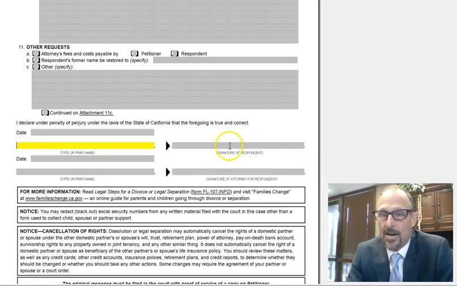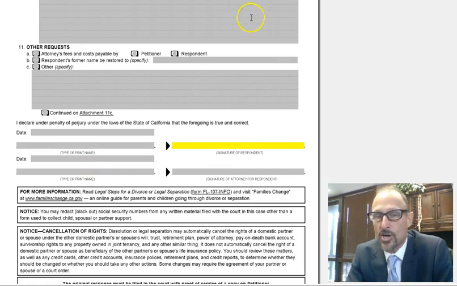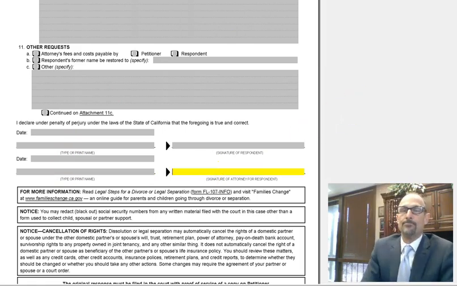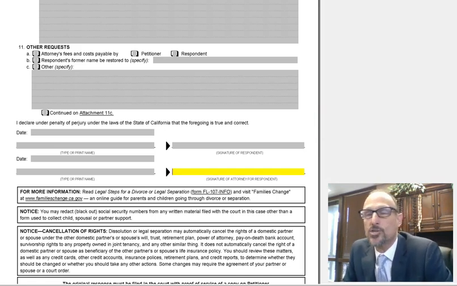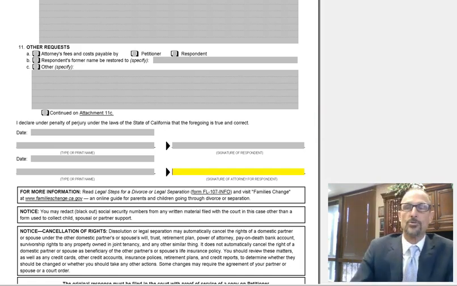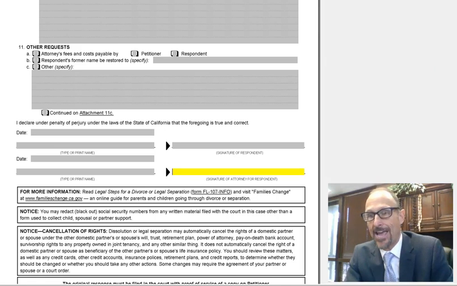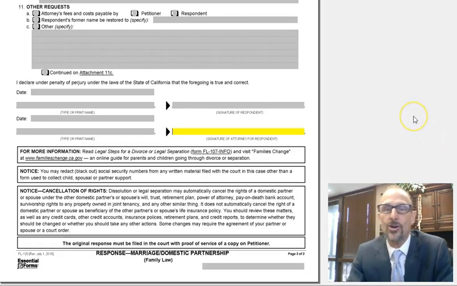Now, keep in mind, you are also acting as your own attorney, so you might want to just put your name and the date twice and sign twice. You don't necessarily have to do that, but you are acting as your own attorney, so it would be proper to sign on both and list your name and date on both on the left and sign both on the right. All right, folks, that is the entire